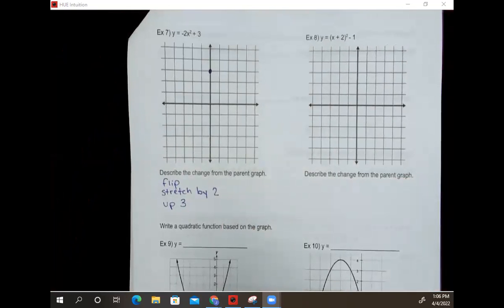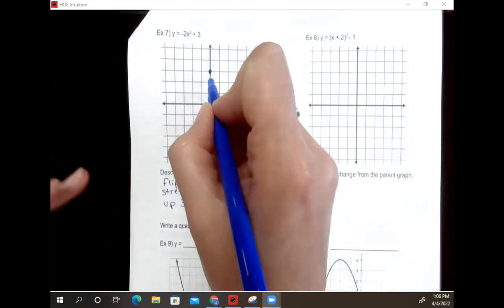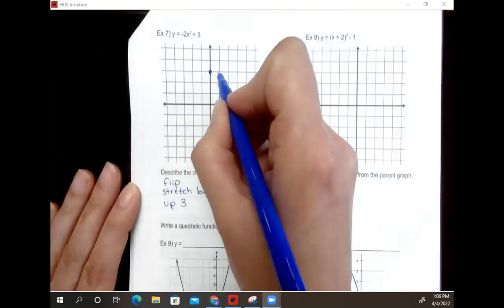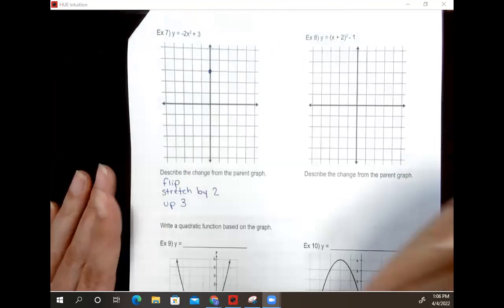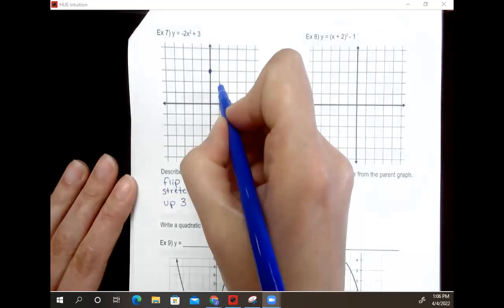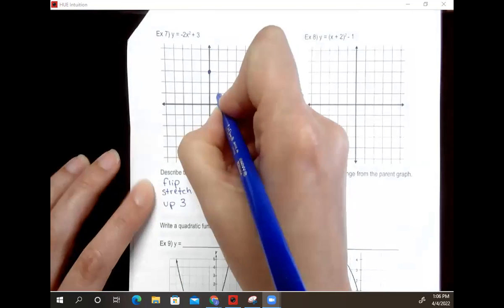of our graph. Again, we said normally our parabola opens up. So to get my next pair of nice points, usually we go out one and up one. But this is flipped. So we're going to go out one and down. And then we're also going to stretch this out. So instead of out one and down one, since we're stretching by 2, out 1 and down 2 on either